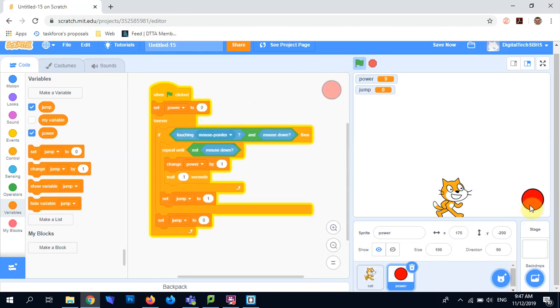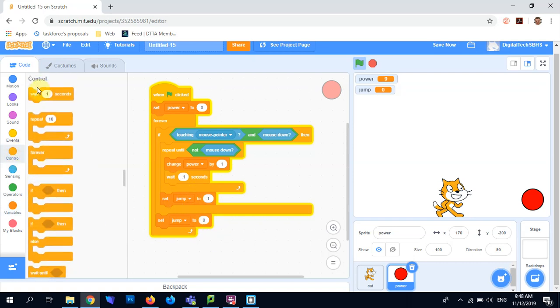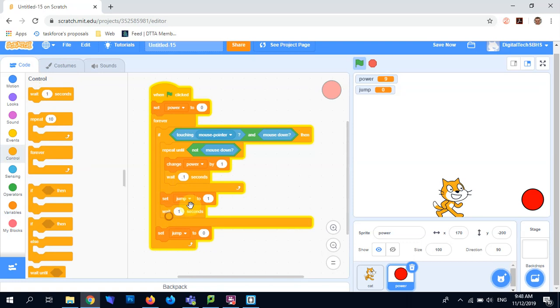Hold, let go. Nothing happened. What happened to the cat? It must have changed between here and here so quickly. That'll be what it is. So let's just put a little wait in here, because once we let go, we don't really want to do anything in here quickly. So let's just say half a second. Let's give this another retest. So stop, start, let's go. Hold, let go. Then if I hold again,